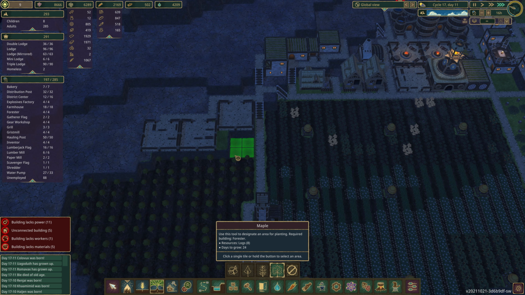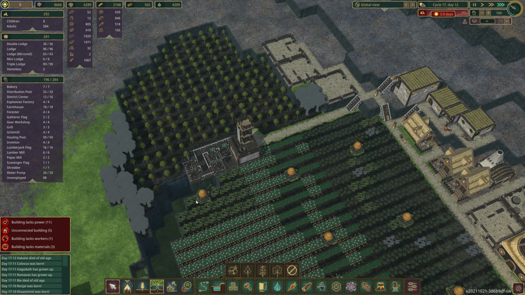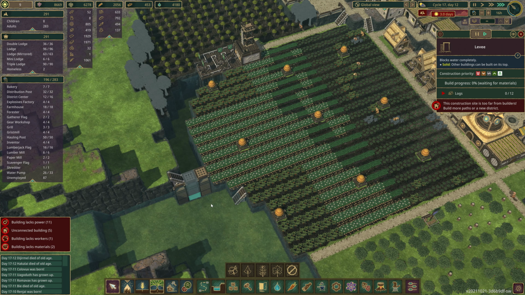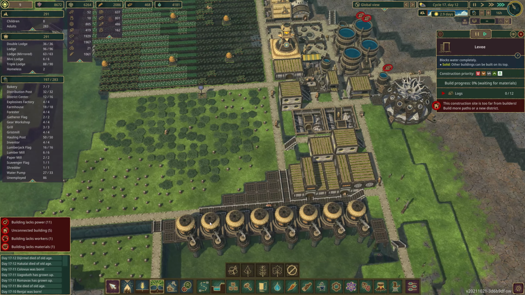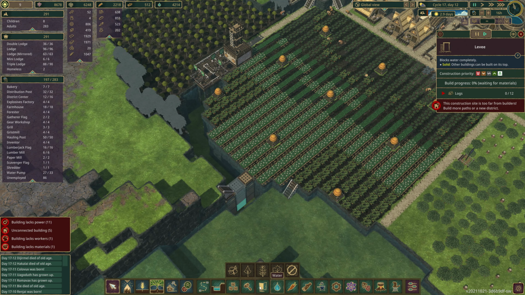Nope, no, we don't want birch, we want maple. And we got a drought coming, and it still isn't built, even though I max prioritized it. Okay, game, cool. Cool. Is it... It's too far out, that's why. That's why it hasn't been built. Okay, so...